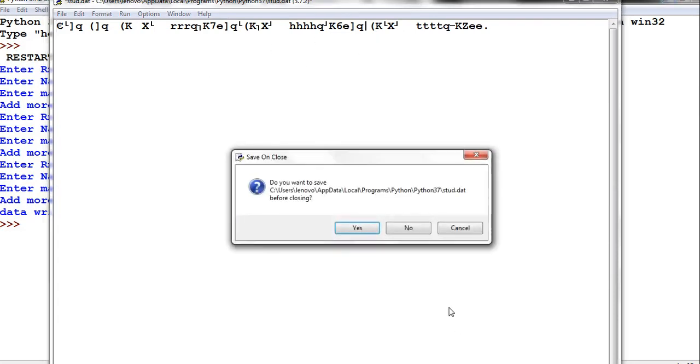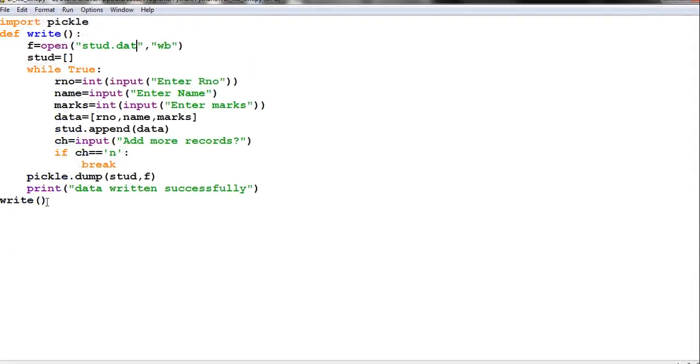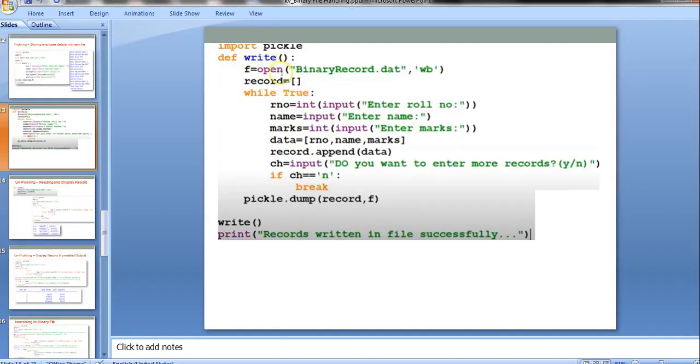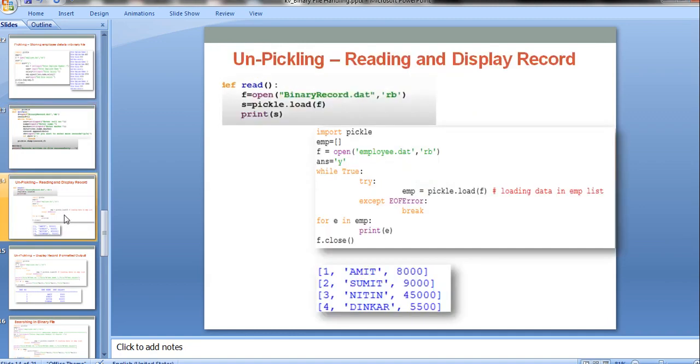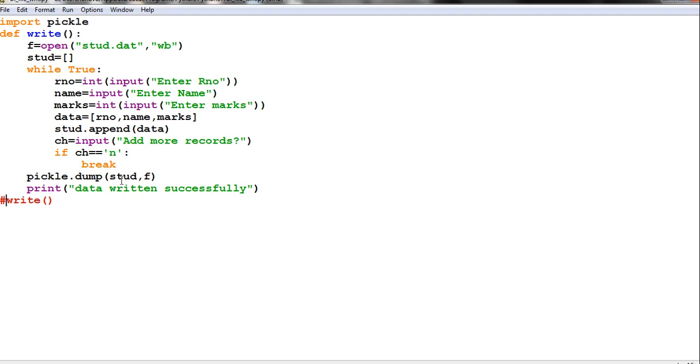The only way is to read, right? Now what I will do, I will not call the write now. I want to add the logic that was available here. Just we can see now. Okay, in the next slide it was there. You write a function and open the file, and print it. That much will check whether it is written successfully or not. So I will write one more function here.